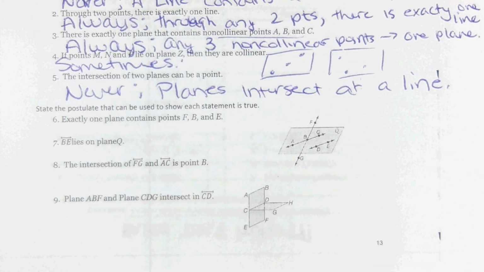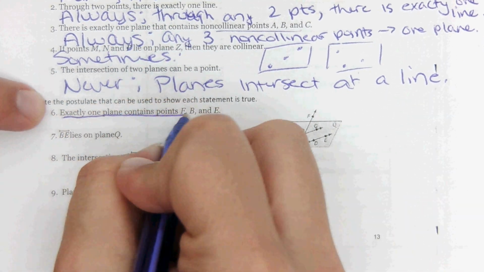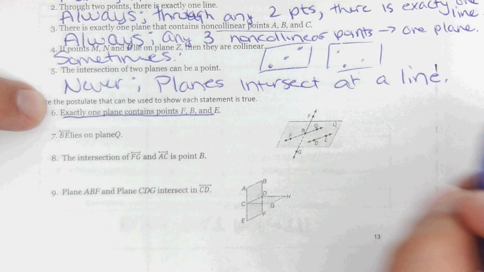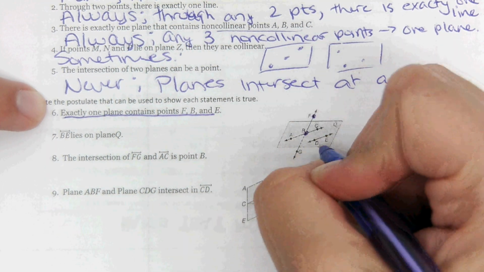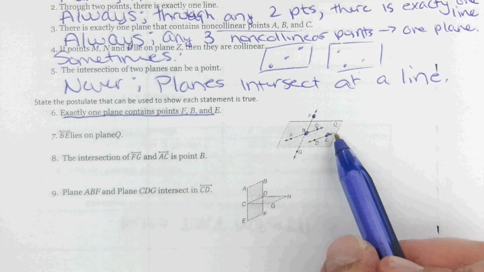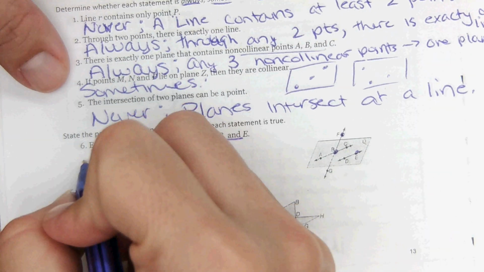Okay, now these are slightly different. They give us visuals over here to refer to. State the postulate that can be used to show each statement is true. So exactly one plane contains points F, B, and E. So I look at F, B, and E. Notice that those points don't seem to be on plane Q, but any 3 non-collinear points can make their own plane. So,